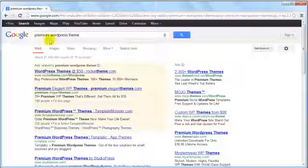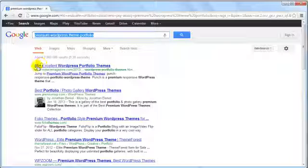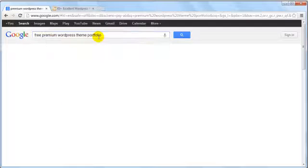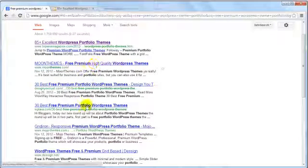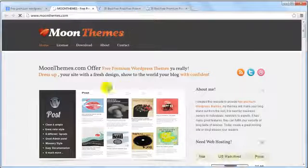So what I recommend that you do is you search premium WordPress theme plus portfolio. And as you can see, it says 85 excellent WordPress portfolio themes. And what I would normally do is, if you are on a budget, you could always type in free premium WordPress theme portfolio. So you can look for free ones first before you look for the paid ones and see what's available. So out of these three sites here,